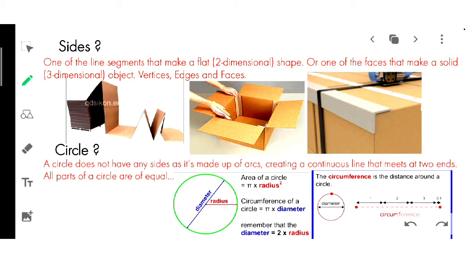But what will be a solid in mathematics? A solid is something having these properties: it must have vertices, edges and faces. So first of all we have to know what a vertex is. A vertex is a point that makes a square or any of the shapes, and the edges are the lines that join the vertices.